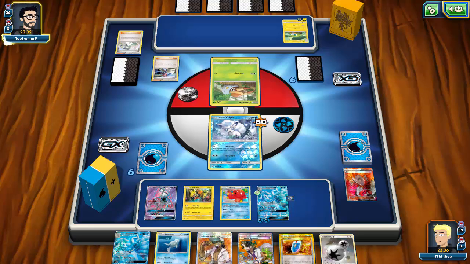If it looks like there's a slow setup, you might as well not just risk drawing into it. You might as well go, okay, guaranteed get what I want, then I can go for a Sycamore and get a fresh hand. So,